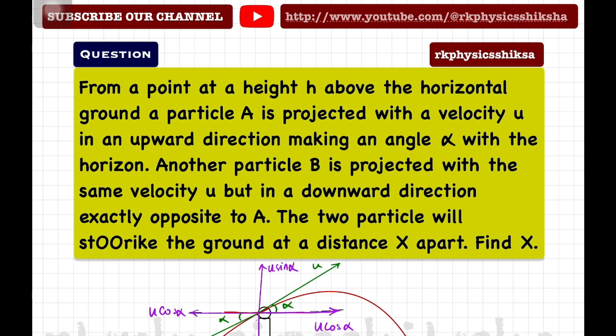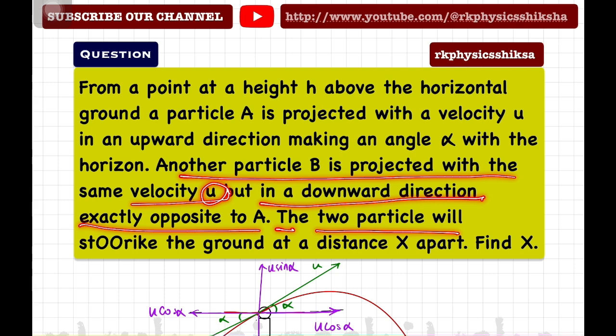So in this question we have this combined case in which there is a tower of height h, a point which is at height h above horizontal ground. A particle A is projected with a velocity u in an upward direction, making an angle alpha with the horizontal. Another particle B is projected with the same velocity u but in the downward direction, exactly opposite to A. The two particles will strike the ground